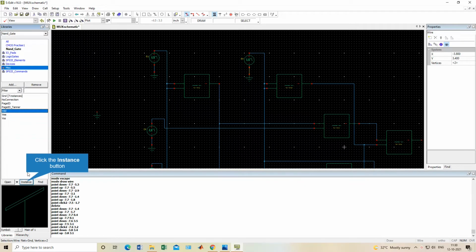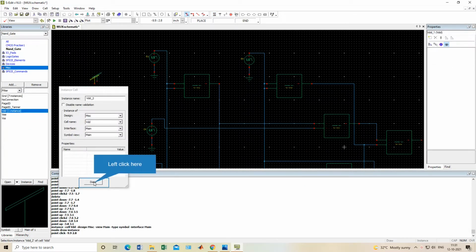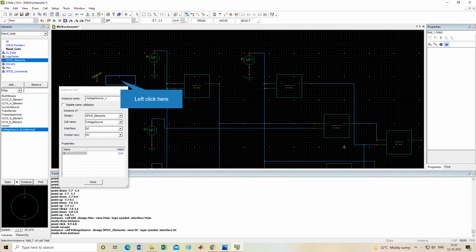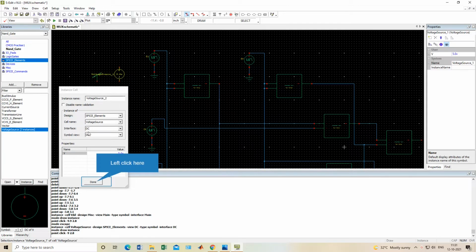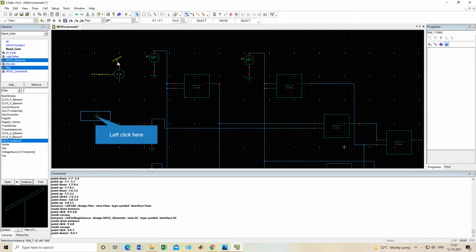This is done. We need one VDD also to connect to the voltage source, otherwise it won't work. Connect one VDD.